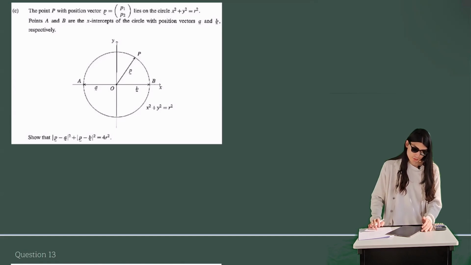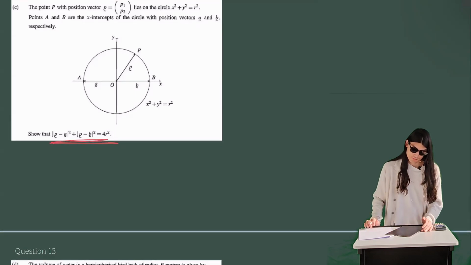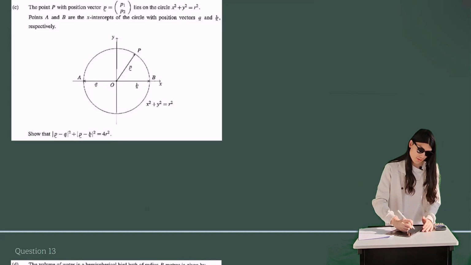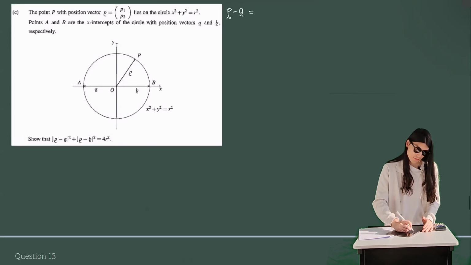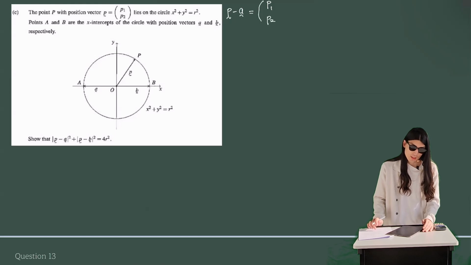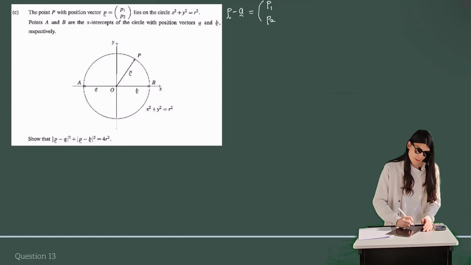And we basically have to show this, which again is a really straightforward question, to be honest, because the vector p minus a, we're given that vector p is p1, p2. Okay, and the vector a, given that the circle has a radius of r, that vector a, or the point A over here,